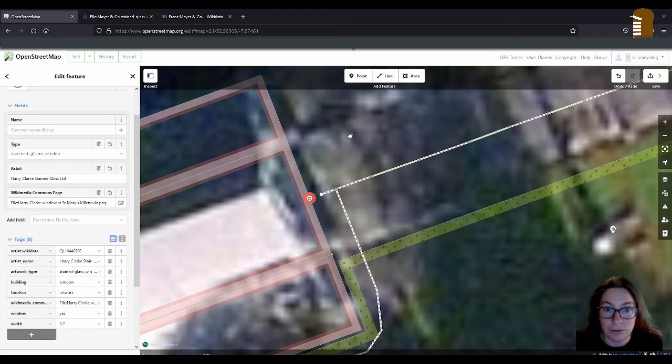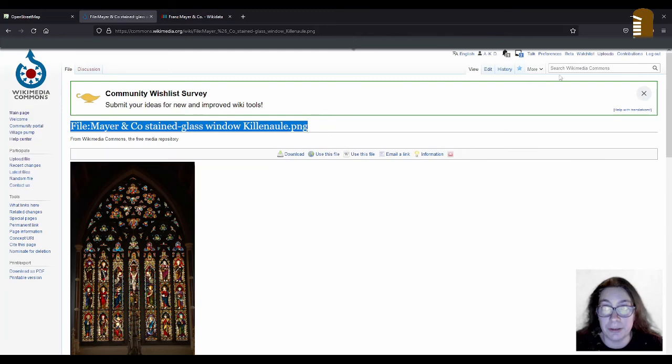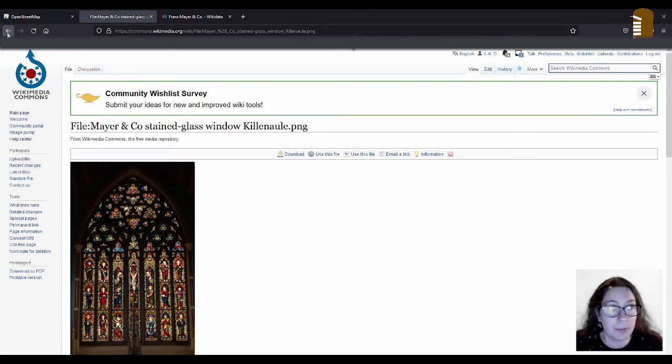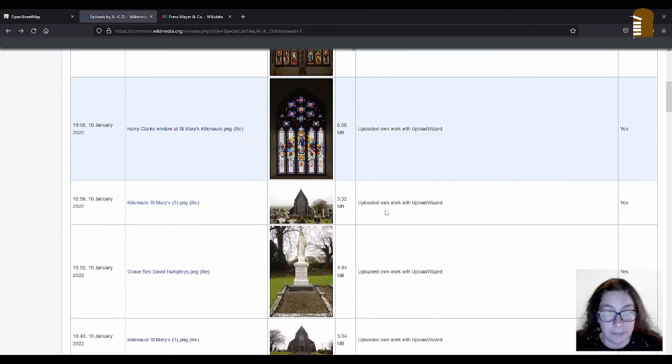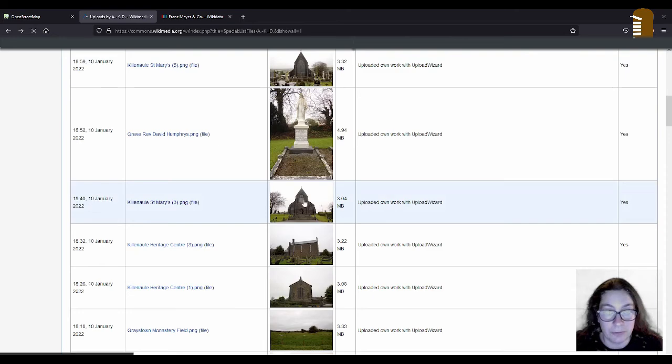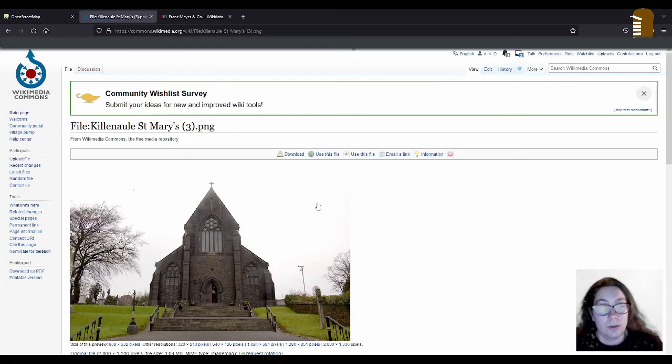I'll have to estimate the percentage of the height of the whole church in relation to the window, and I'll do that later on. But I'll also have to add the minimum height. Let me see if I can find it. Oh, it should be in my uploads, of course. So this is the back view, this is the front view.